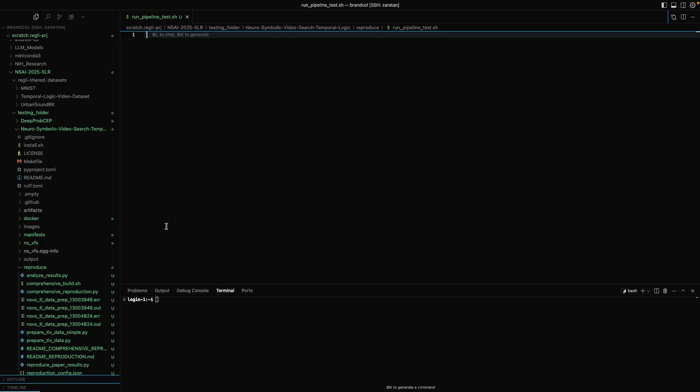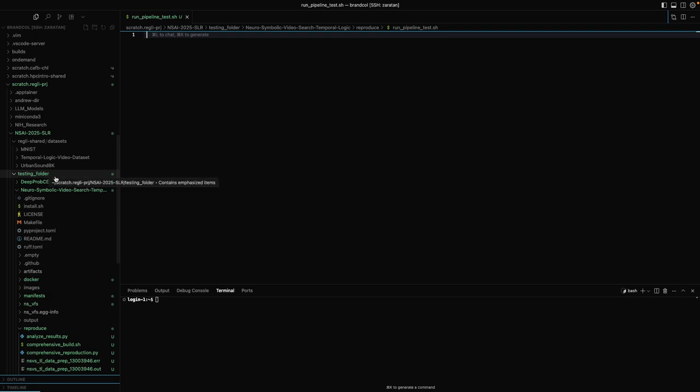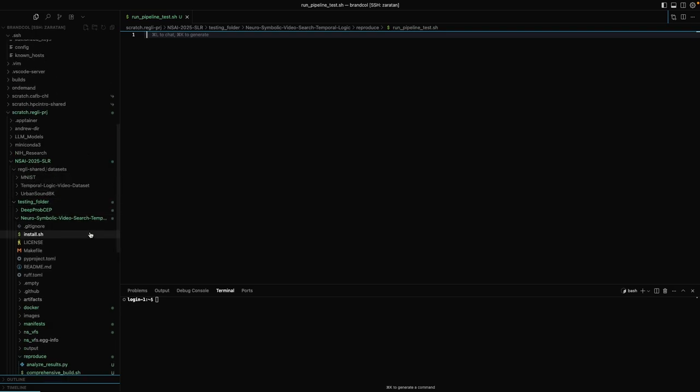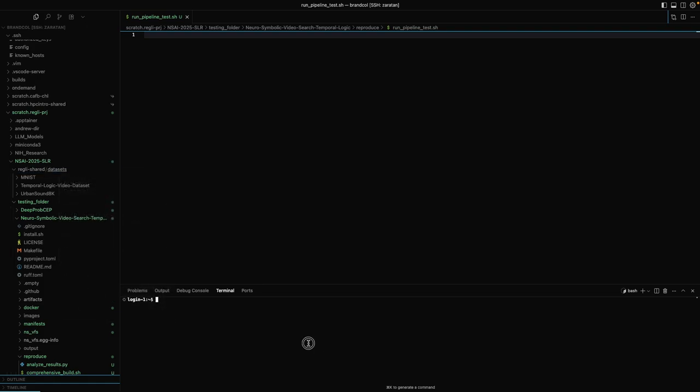So within the Zaratan environment, we have this shared folder that we're going to be using for any of the data sets, just in case we need to use them a couple times. So down here we have this, regularly shared under here. This is actually a symbolic link that I made. So if I copy this path and then find it,